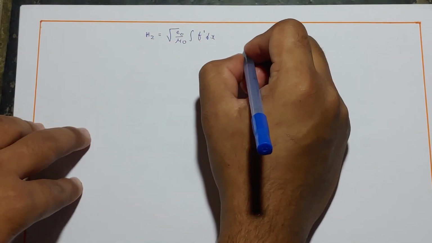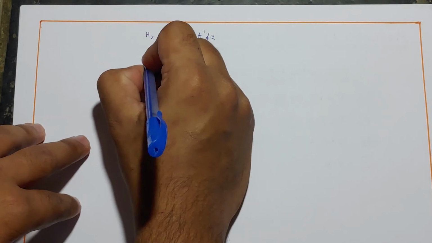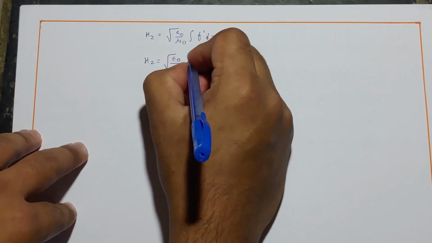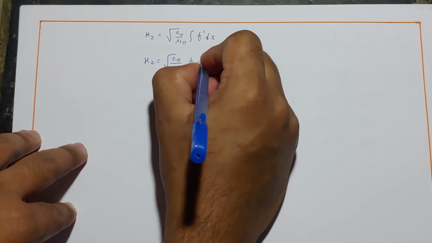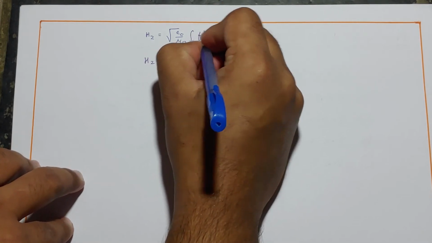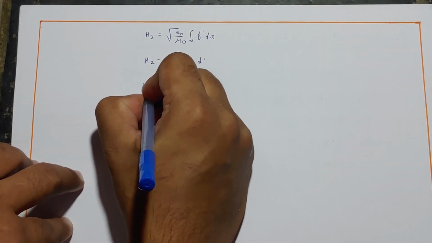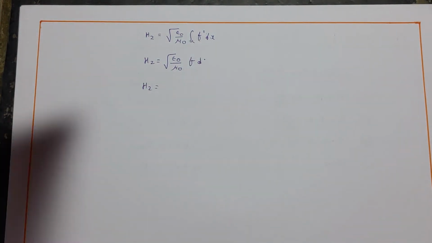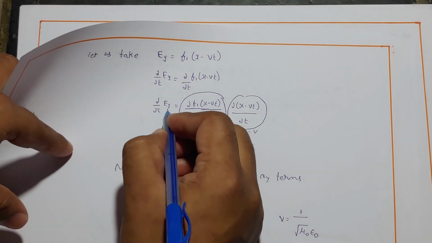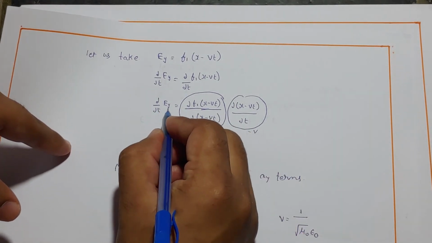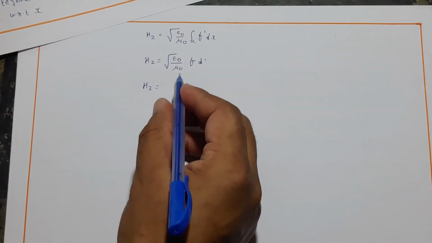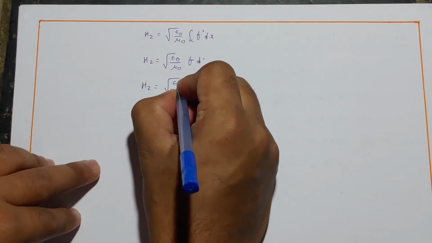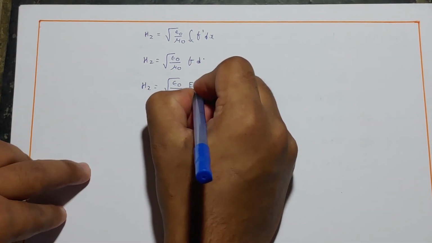But we know that, let us solve it first. Hz is equal to square root of epsilon naught by mu naught, integration of f1 f dash would result f, as this is with respect to x, dx would cancel. That is Hz is equal to, but we know that in the previous assumptions this could be f, which is f dash would be equal to Ey, but as we have only f, so this would be equal to Ey, that is square root of epsilon naught by mu naught and Ey.